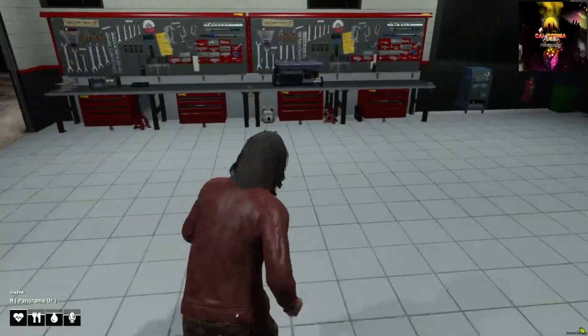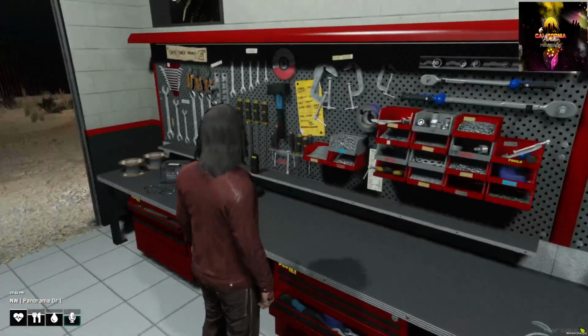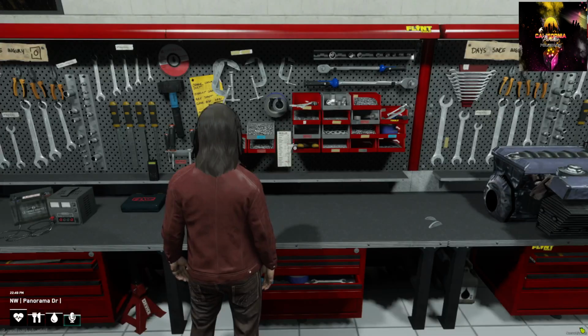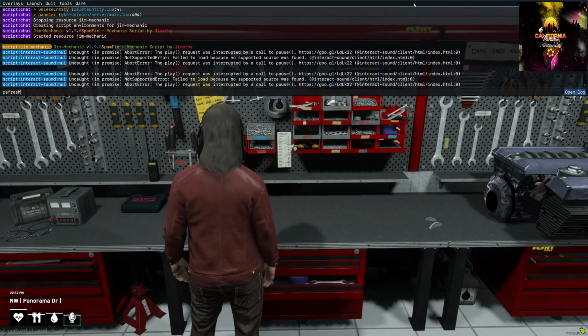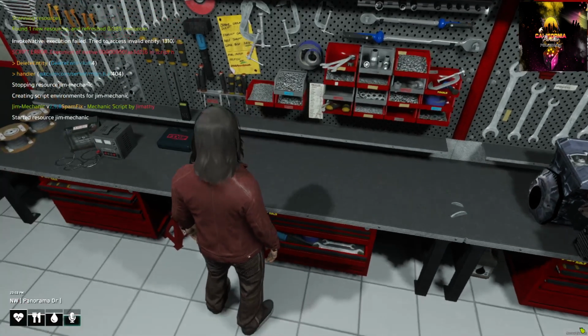So now we go over to the crafting table. We are going to be able to craft items for your mechanic shop. So we go back in here where it says crafting, right here. Get the vector 4. It's already been copied. Boom. Make sure we change that back to vec 4. Control S. We go back into the server, refresh, restart. And just like that,